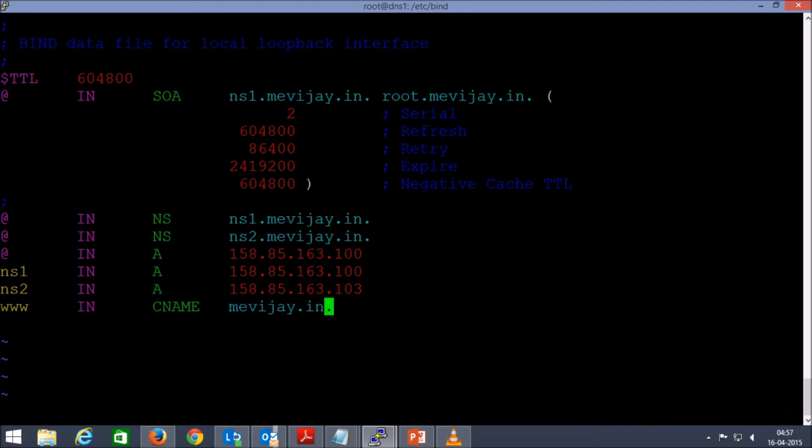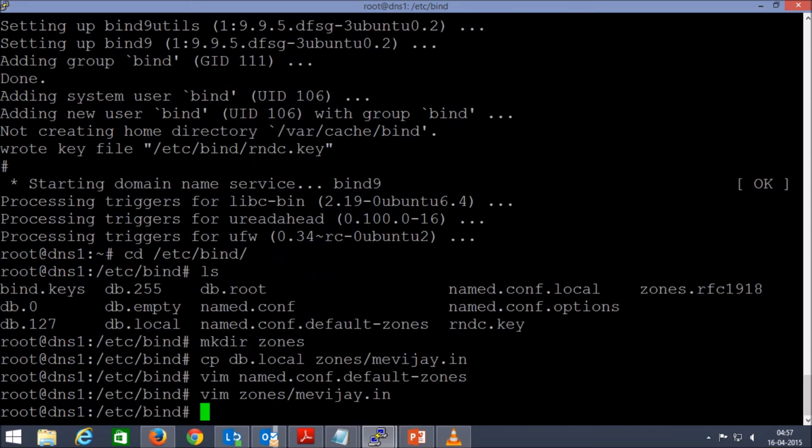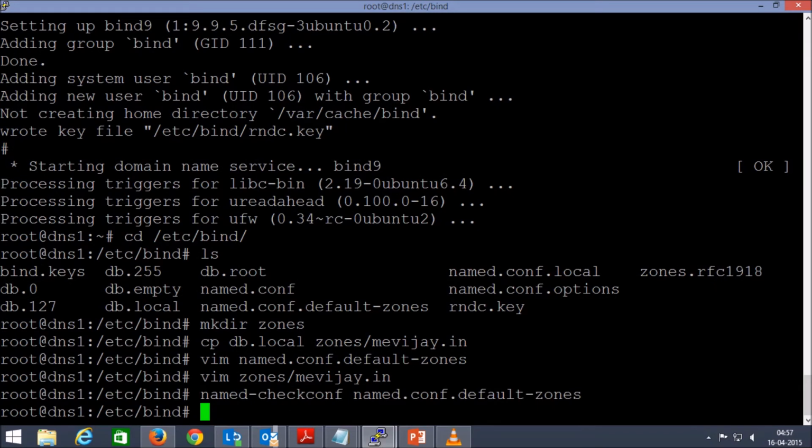All right, so guys, the setup has been completed. Now I'll check whether the configuration files are okay or not. So named-checkconf, the zone configuration. The zone configuration file name is named.conf.default-zones. If it is not returning anything, that means the zone configuration file is okay.